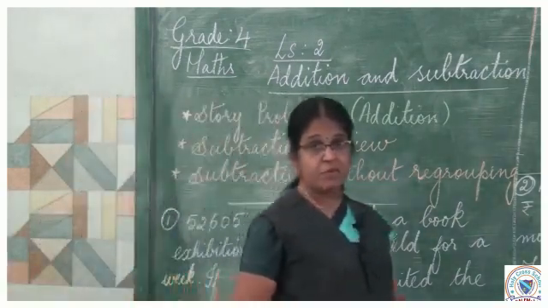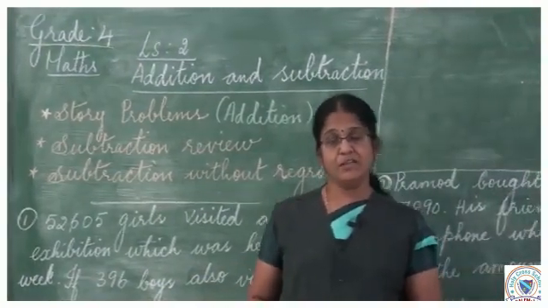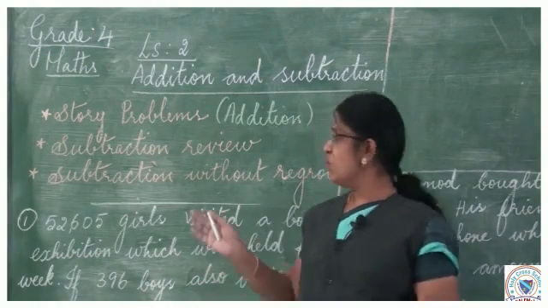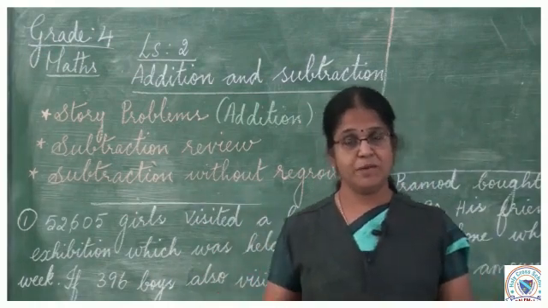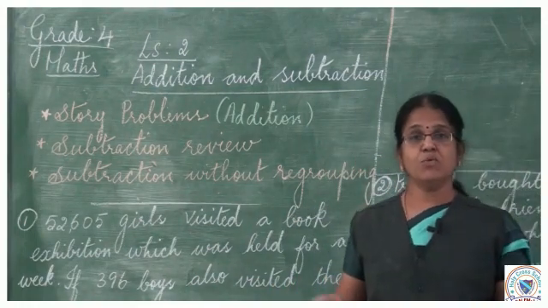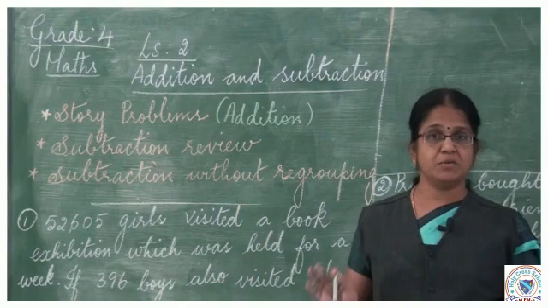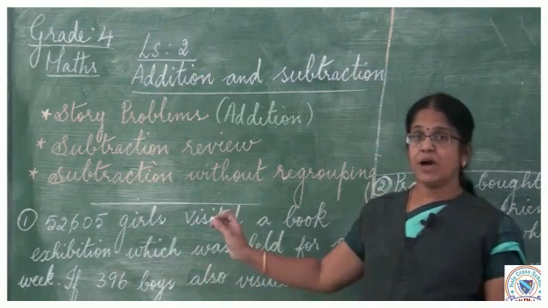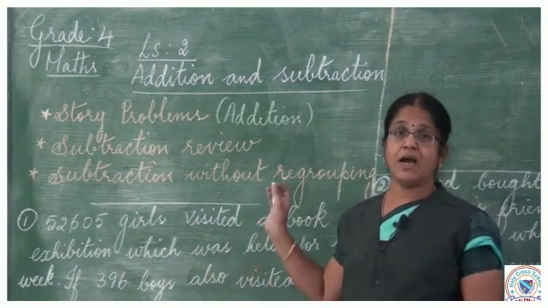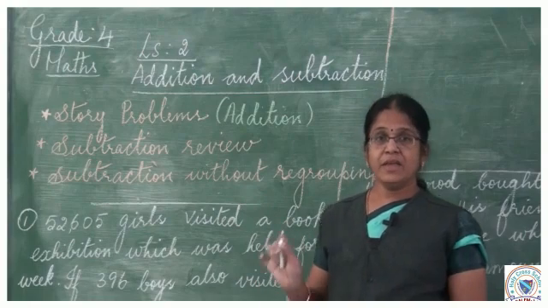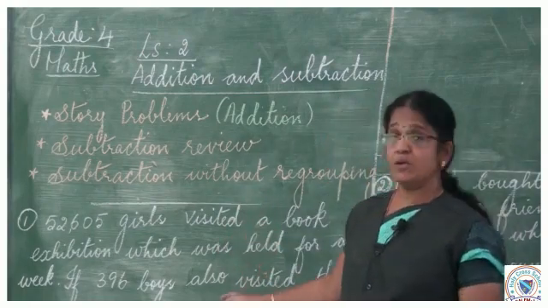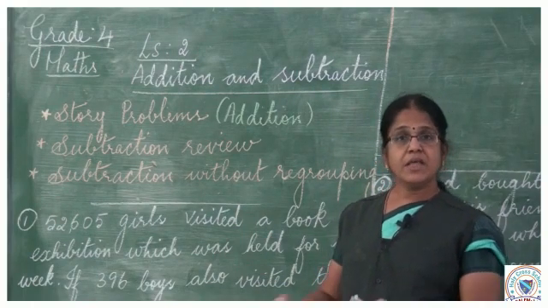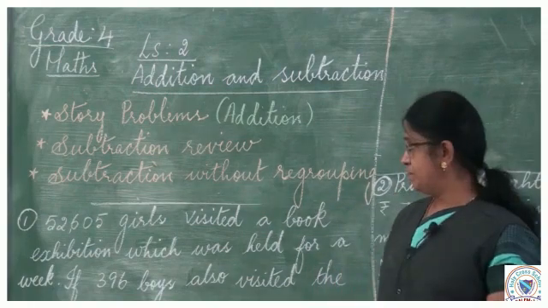So, whenever you get a word problem, you children skip the word problem because of two reasons. One is you don't know what statement to write for the word problem. Next thing is you don't know what operation to apply for the word problem. First, whenever you get a word problem, you have to read the question carefully and understand the question. Then you see what operation you have to apply for the word problem. Then you solve the word problem.